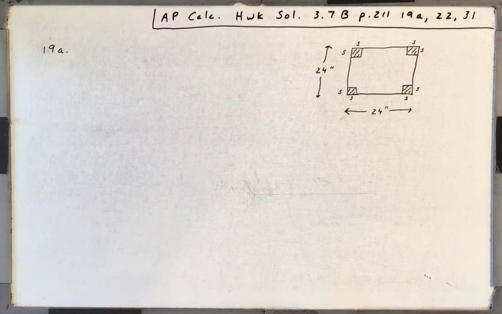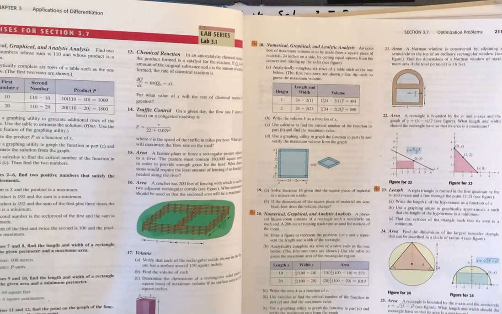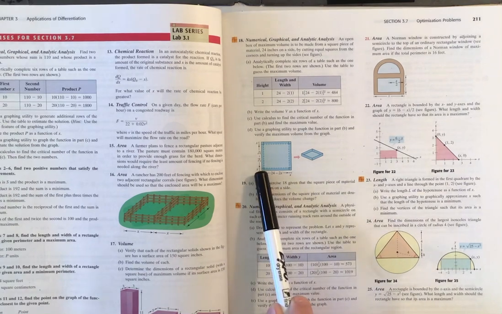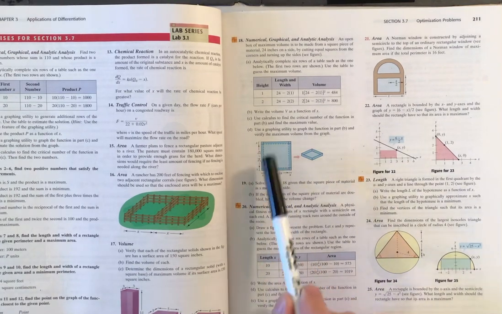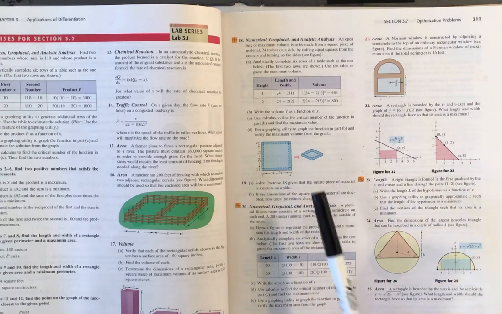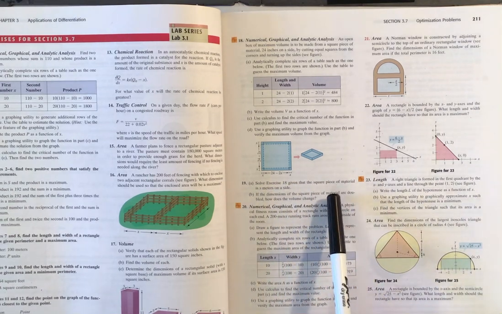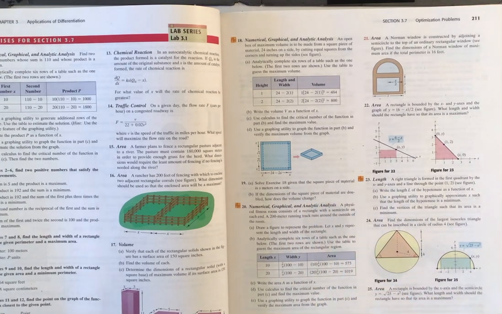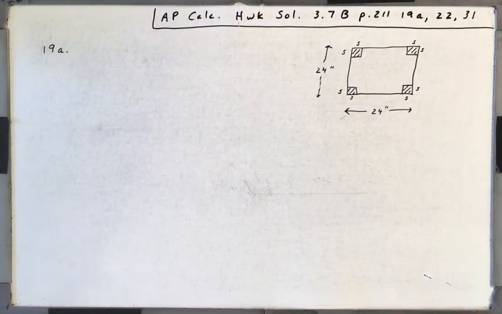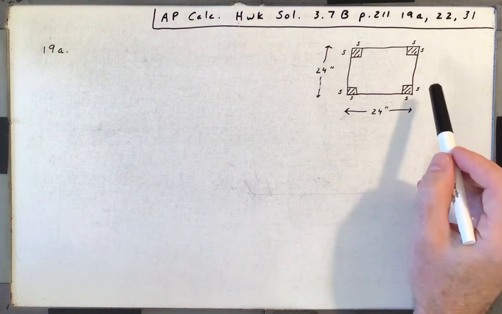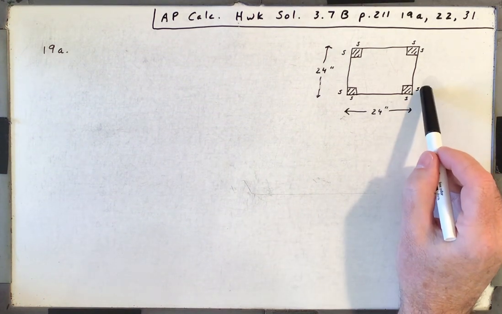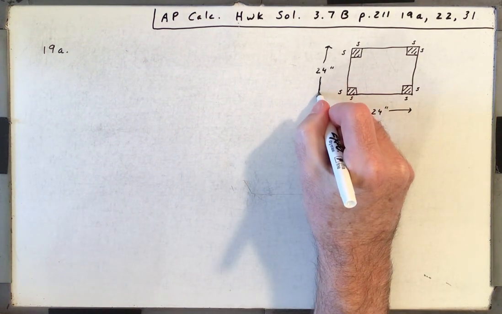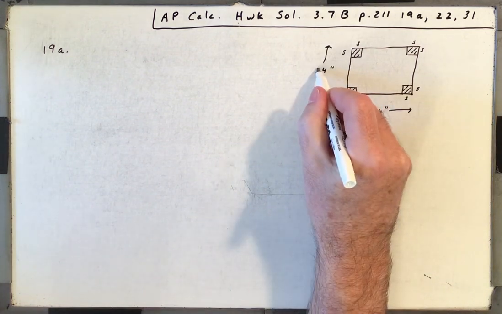So with number 19a, we've got a problem that's a whole lot like our example problem, where we snip out the corners of a box and then fold it into an open box. So we're trying to find the dimension of the square piece. I called that S. We're trying to find the length of S that will maximize the volume of the box. This box is a square, 24 inches on each side,